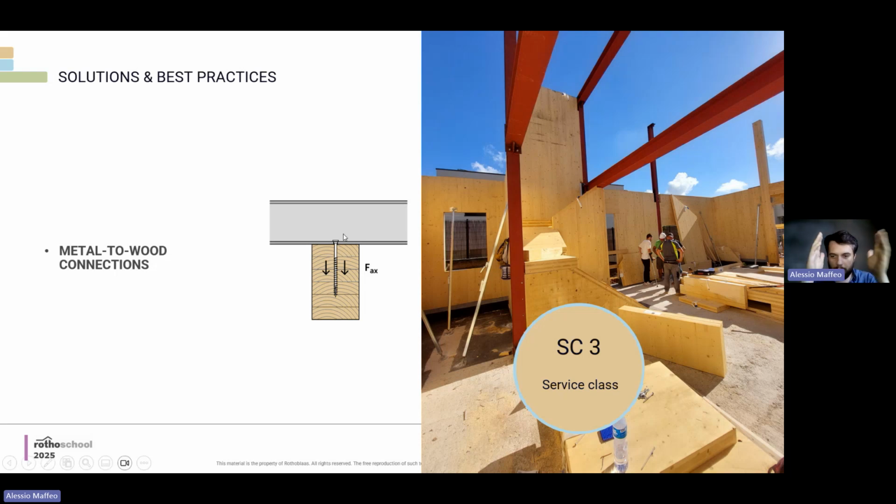So this is only applied. So these ideas, this webinar is only applied to timber to steel connection. For timber to timber, this is something that usually does not happen. It could happen in some special cases if we have a lot of swelling and fasteners that cannot move at all. Then this could also happen in a timber to timber connection, but usually this is limited to steel to timber.